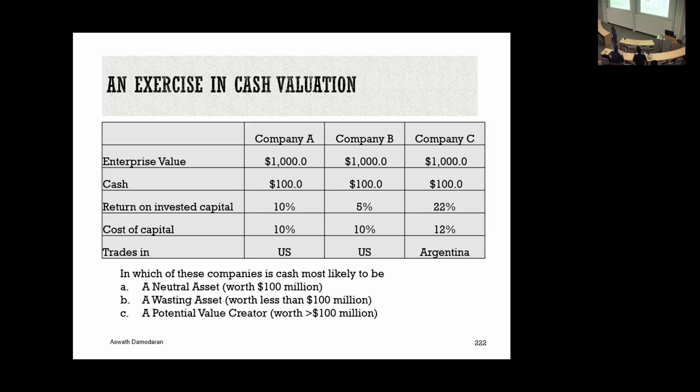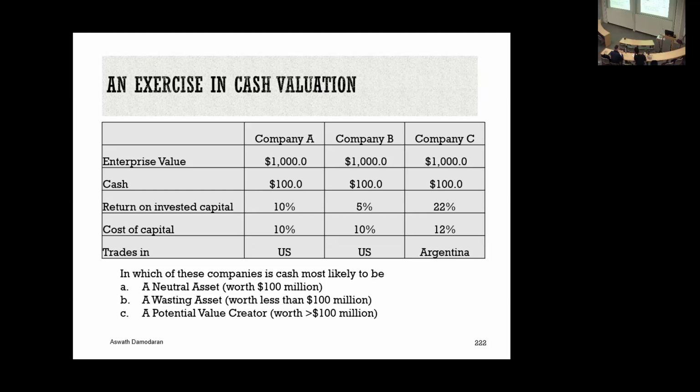There's 100 million in each of the companies. But here's where they're different. Company A has had a history of earning a return on capital roughly equal to its cost of capital. Company B has had a history of earning a return on capital that's less than the cost of capital. All I can show you is the history, right? I don't know what they will do in the future. Company C has had a history of earning 10% more than its cost of capital. The first two companies are developed market companies. The third company I've put into Argentina. There's a reason I'm going to bring that up.